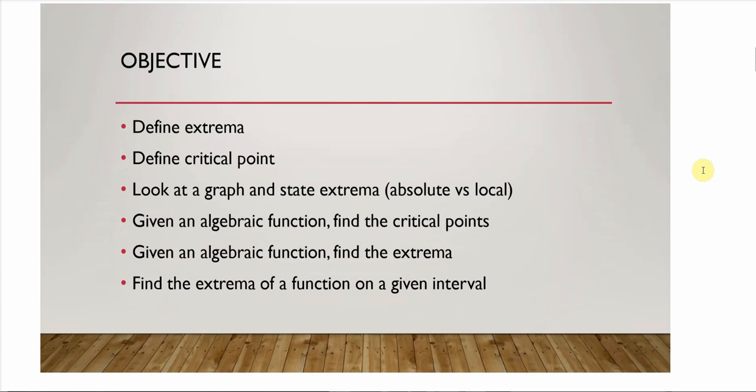Number one is define extrema. Number two, define critical points. Number three, can you look at a graph and state the extrema? Now we're gonna have two types of extrema. We're gonna have absolute and local. Now in some textbooks, some people use local while others use relative. I know that the AP exam will use the word relative extrema, while some books are going to use local